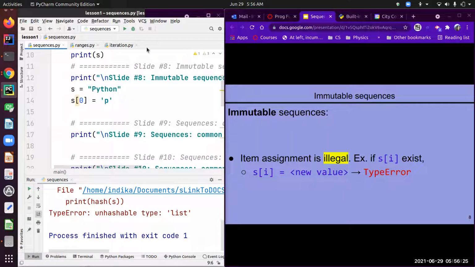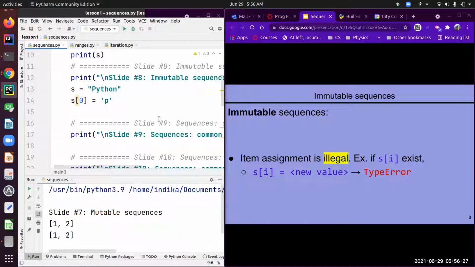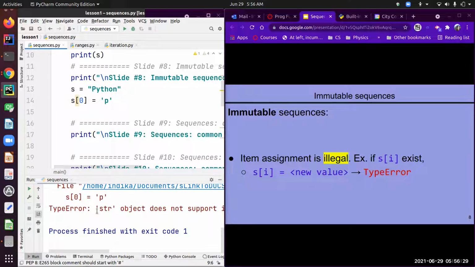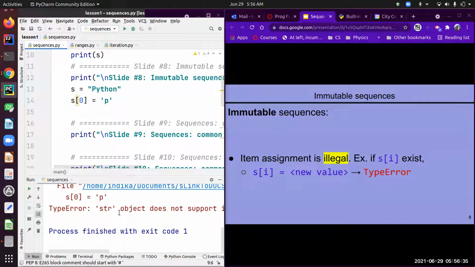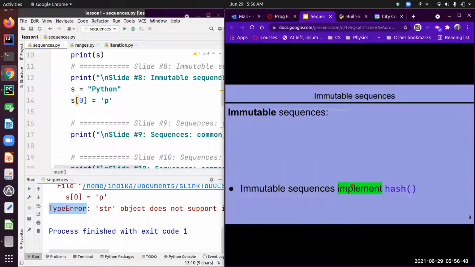All right, so it's a type error, and it's saying string object doesn't support item assignment. So it means you cannot change it. It's a type error to try to change an immutable object. So unlike mutable